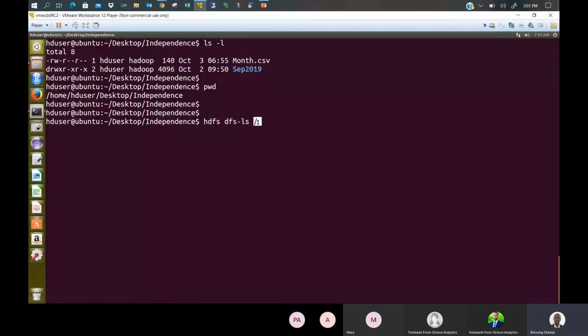On the home directory itself, that's where you should put the file that I want you to copy. So this slash here is the root directory of HDFS. This is the root directory of HDFS. So if I do this,